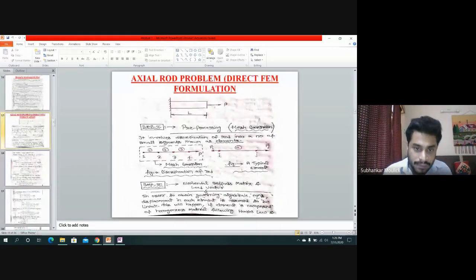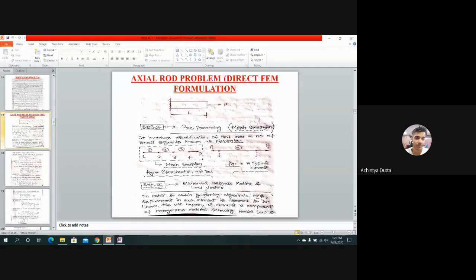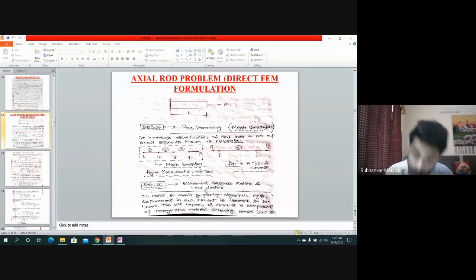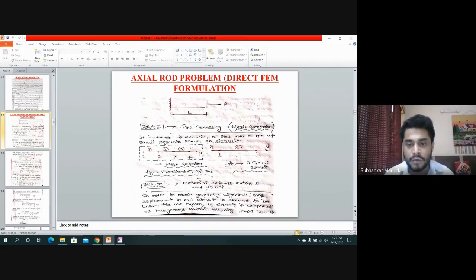But in our question, whatever we are solving right now, should we subtract any element in assembling? No, we need to add. So we have to write the elemental stiffness equation for the first element, then the second element, then the third element. At last, we add all three elemental equations in matrix form. Then from that single matrix, by applying boundary conditions, we can calculate the values of U2, U3 and U4 easily. This is your assembling part. It will be clear when I explain the assembling part and how we are doing it.